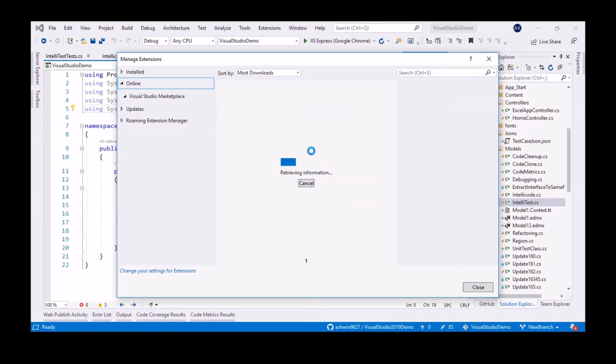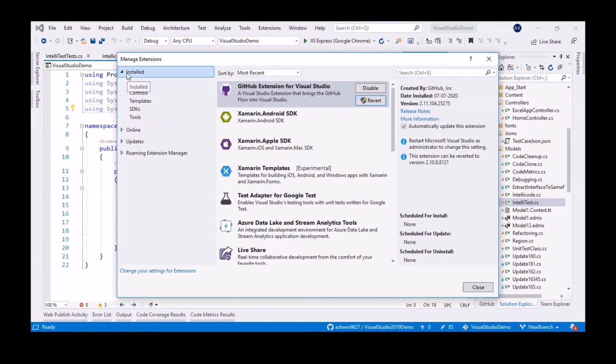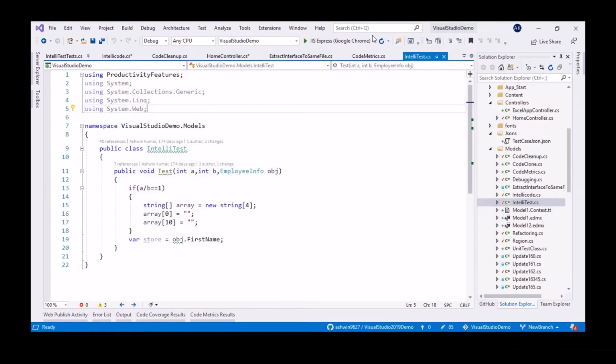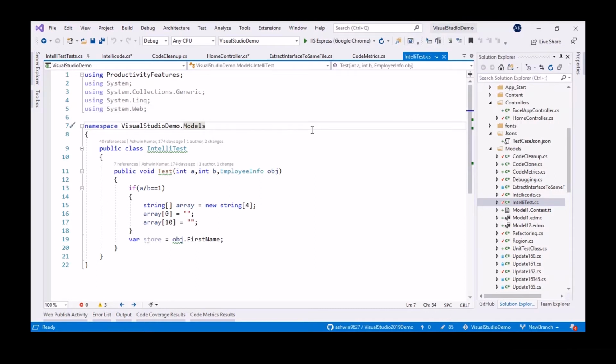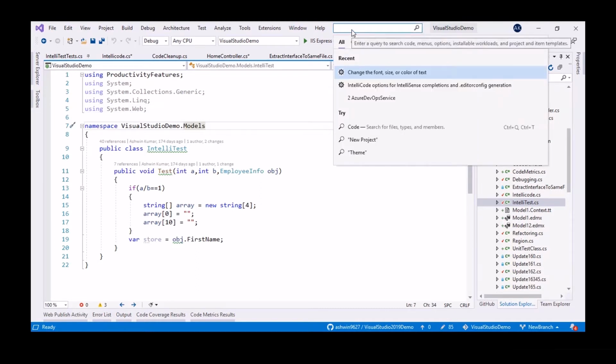Okay, it is taking a bit of time. Yeah, these things you can manage with this extensions one. This is a new feature, and also as we discussed, this is a quick launch or an improved search. Before, it was formerly called quick launch; now it is quick search or improved search. The shortcut for this key is Control Q. So straight away it will take us here.